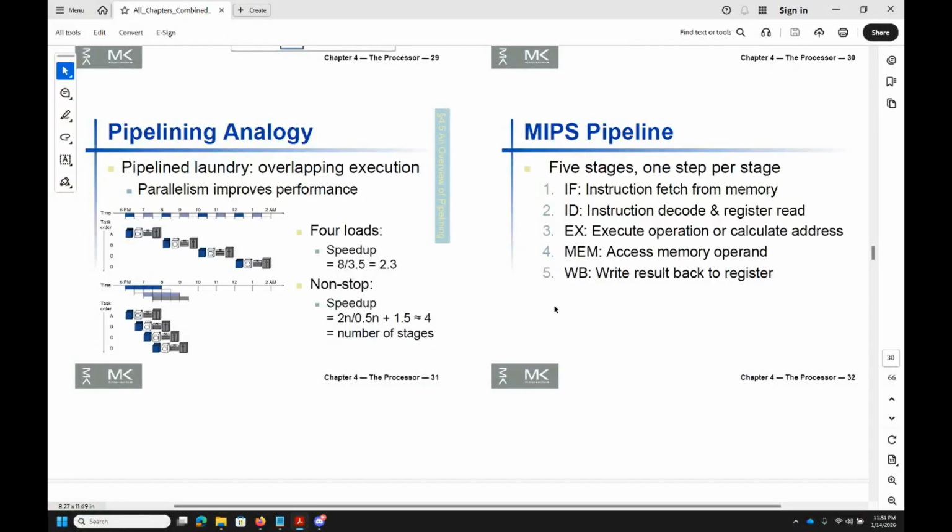Anyone? If one person takes 1 hour to wash one load of clothes, then if you have two people instead of one person and the amount of clothes is the same, how long will it take?